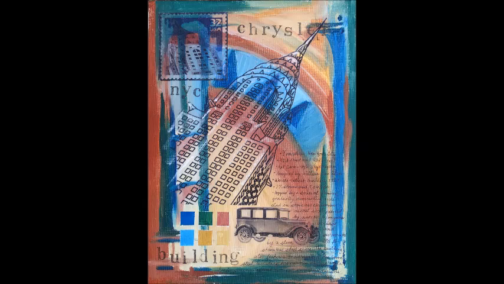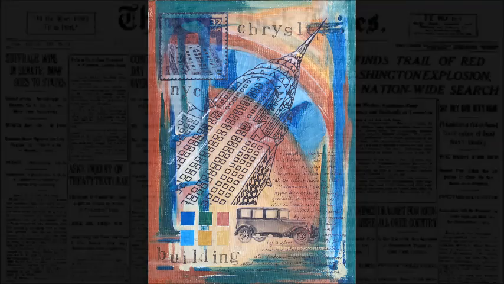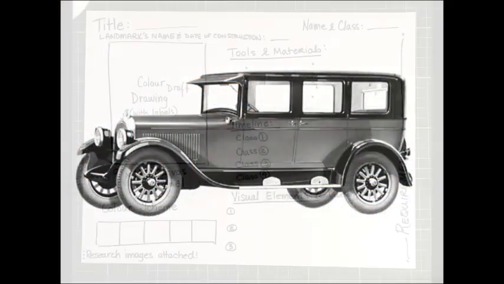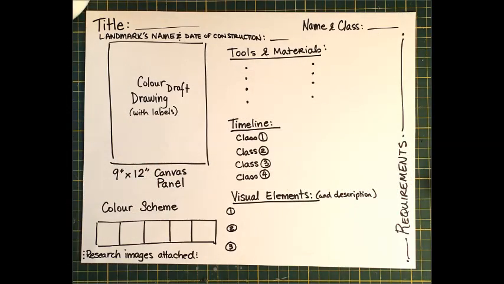Well, in visual art, you must create a proposal for a unique abstract painting. The design must reflect the historical and visual components of your chosen structure. The proposal must include tools and materials, a rough sketch in color, the title of your work, which can also be the same as your music, a limited color palette, a timeline based on 4 classes, and 3 elements of design, which are the intended focus of your painting.